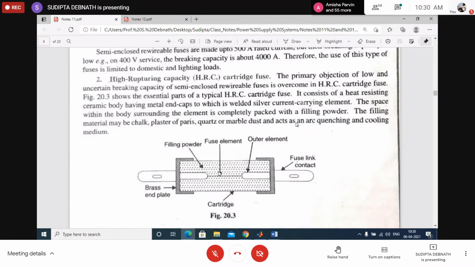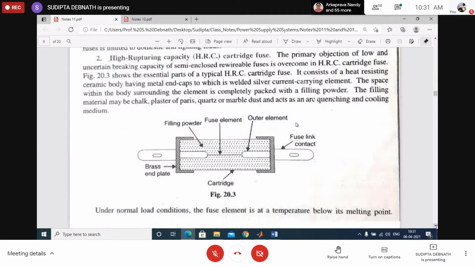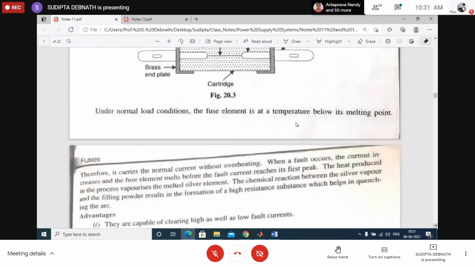I have told you, see, when the fuse element melts, what happens? This medium becomes conducting. A huge amount of heat is generated. Now, why are these materials given here? Because they can absorb the heat and they can cool the medium. So if the medium is cool, there will be no more current, and the arc will be extinguished. Some chemical reaction occurs when heat is generated. What is that chemical reaction? See, the operation is written here.